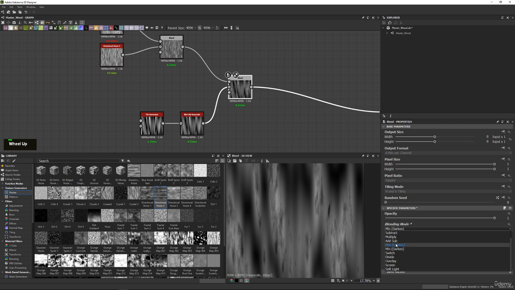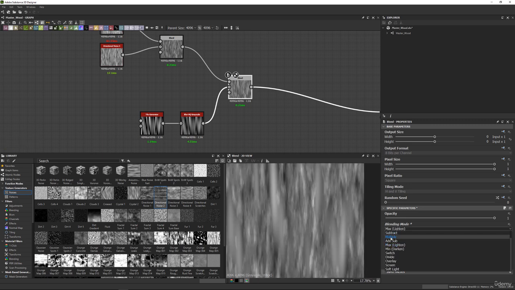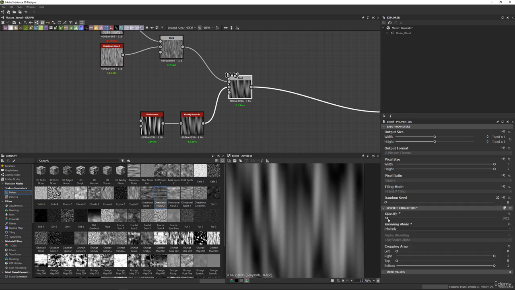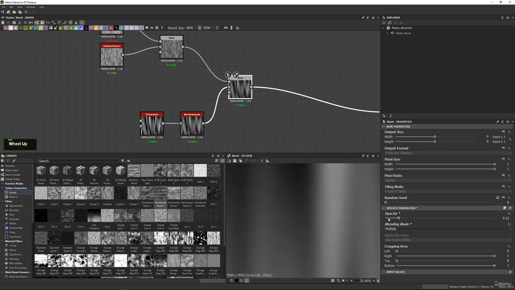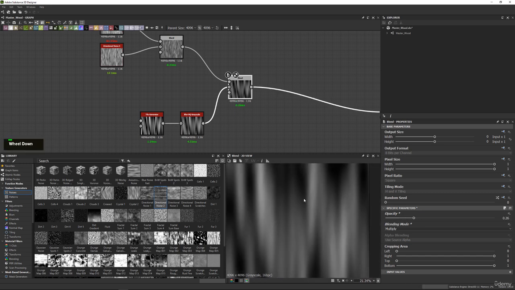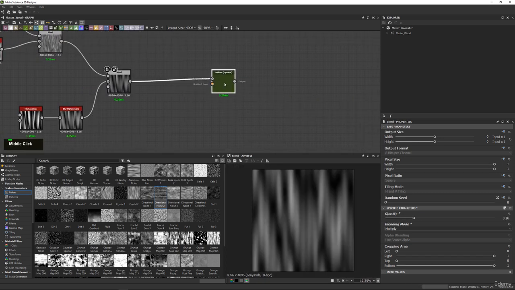And min and max lighting also doesn't work. I'm gonna do multiply, but I'm going to lower down my opacity quite a bit in that case. I just need some very fine grains. Now what I can do is I can go ahead and first of all I want to kind of